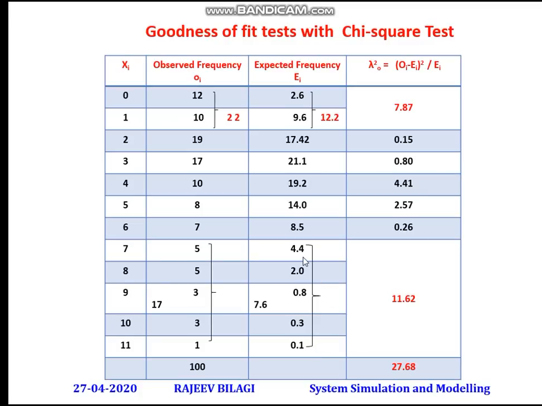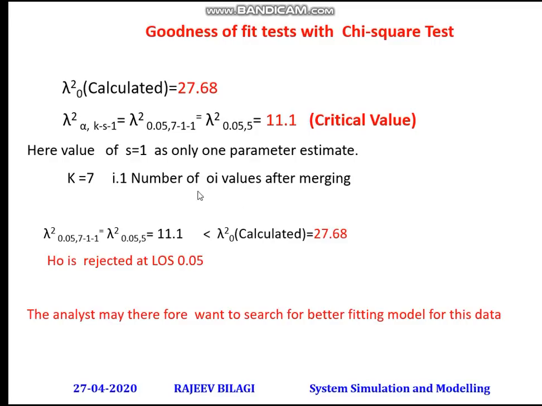Now one more thing: if you add all these values which are less than 5, greater than or equal to 5, fine. Now you are getting all these values as greater than 6, that is why you are adding. Now by chance, if instead of 4.4 it is 1.4, even if you add all these values, you are not going to get an Ei of more than 5. So in that case, along with all this, you have to take the very next adjacent cell to make it more than 5. So now s equal to 1, only one parameter estimated, then k is equal to 7, that is what you are going to get after this.